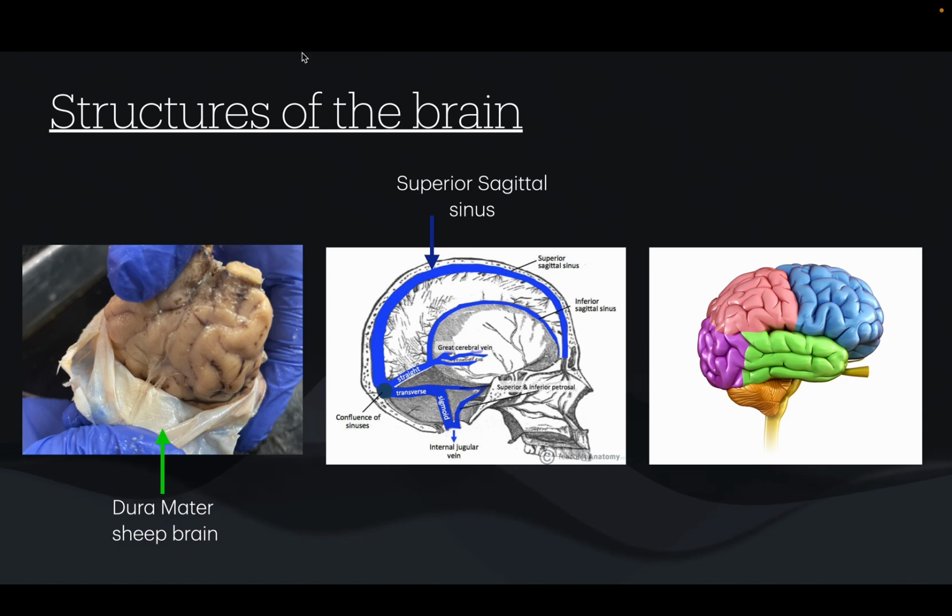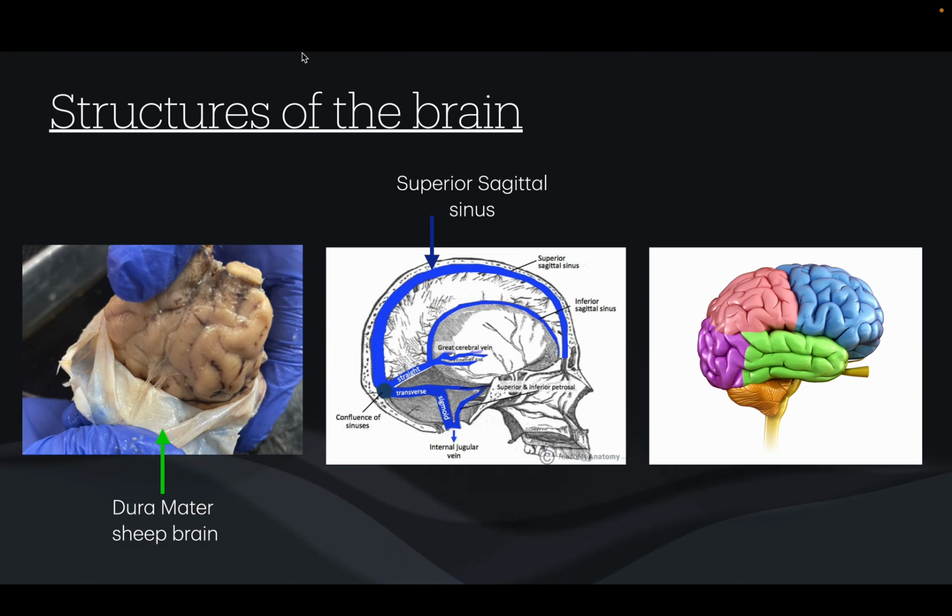The next one is the superior sagittal sinus, and it's depicted by that blue arrow, and it's that whole top portion. The function of the superior sagittal sinus is to drain out the CSF, the cerebral spinal fluid. And the picture to the right is just an overview of a color-coded brain to depict the different